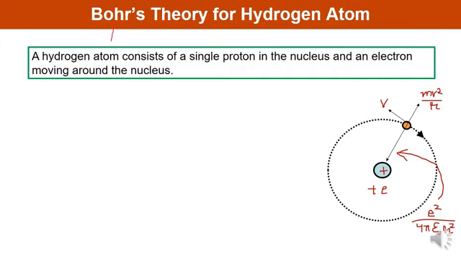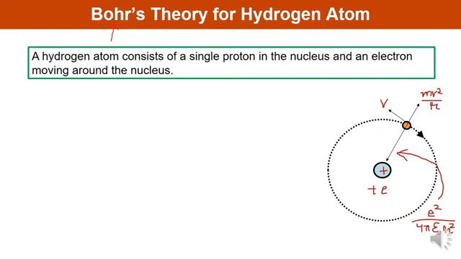What is Bohr's theory and who is this Bohr? Bohr was the scientist who was able to derive the formula for the hydrogen spectrum using basic physics, the planetary motion of atom, and some new proposals. So let us begin and see how to derive the formula given by Bohr